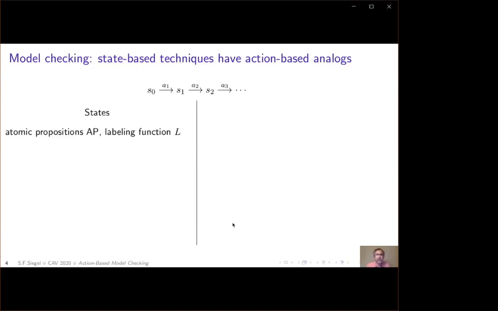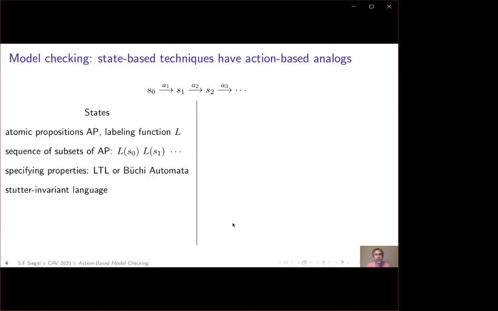Starting on the state side, we typically start with a set of atomic propositions, AP, and a labeling function, L, which assigns a set of propositions to each state. An execution is then represented as a trace consisting of an infinite sequence of sets of atomic propositions. A property can be specified in different ways, but two of the most popular ways are as LTL formulas or Buchi automata. The notion of stutter invariant language plays a very important role in this theory, both because it seems